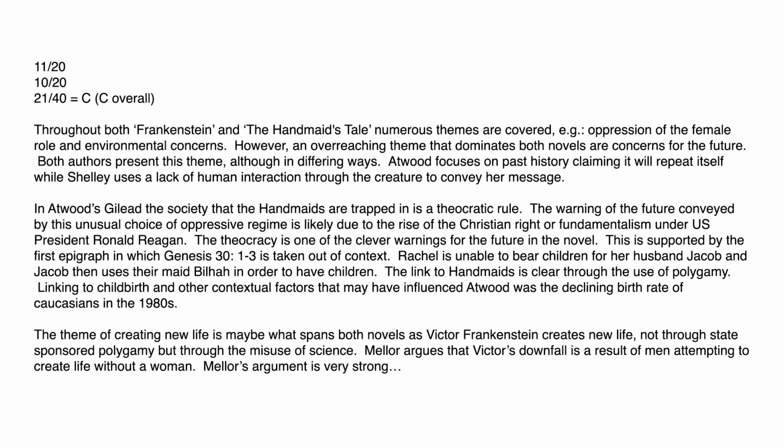The link to handmaids is clear, though through the use of polygamy. Linking to childbirth, another contextual factor that may have influenced Atwood was the declining birth rate of Caucasians in the 1980s. The theme of creating new life is